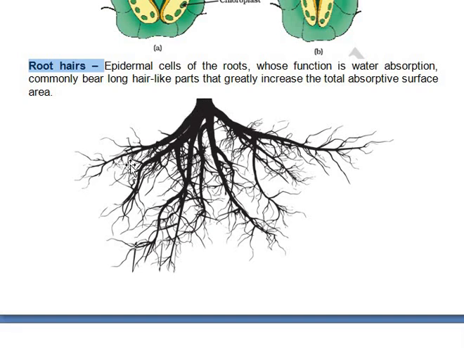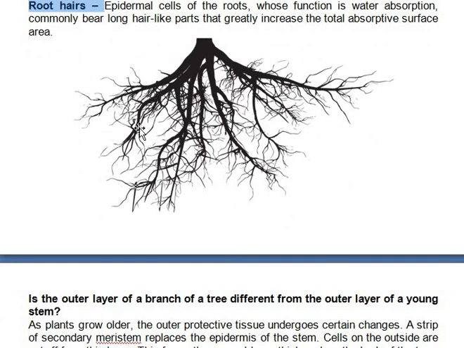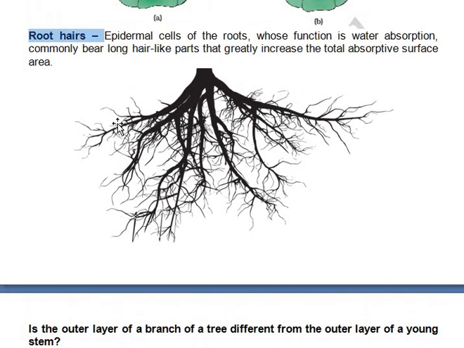The root divides into further several branches, and finally on the fine branches there are fine hair-like structures which are the modified epidermal cells. Those fine hairs provide a huge absorptive surface area and help in absorption of water and minerals from the soil. So root hairs are meant for increasing the surface area and for absorption of water and minerals from the soil. And root hairs are nothing but modified epidermal cells. The epidermal cells form outgrowths in the form of root hairs.